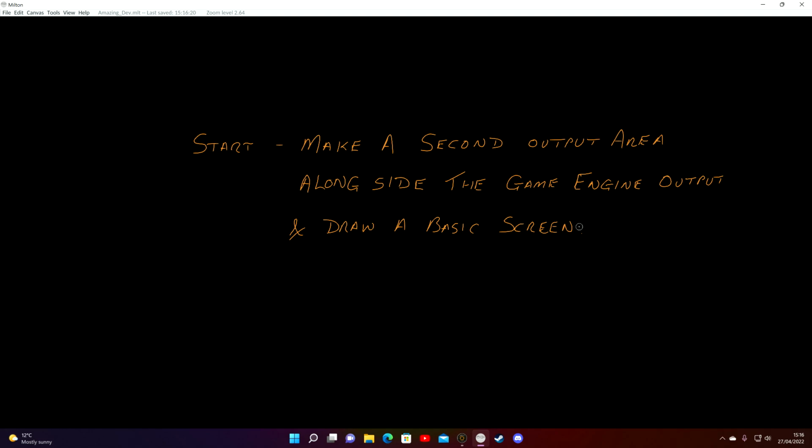There we go, just draw a basic screen. We know how to do that because we've already done it in the game engine. But the game engine will overwrite anything we do, so we can't do that directly using the game engine. We'll have to do it a different way. So for every game engine command in the sandbox that we currently have that's working the game engine, we're going to put a second command in just after it for our system.